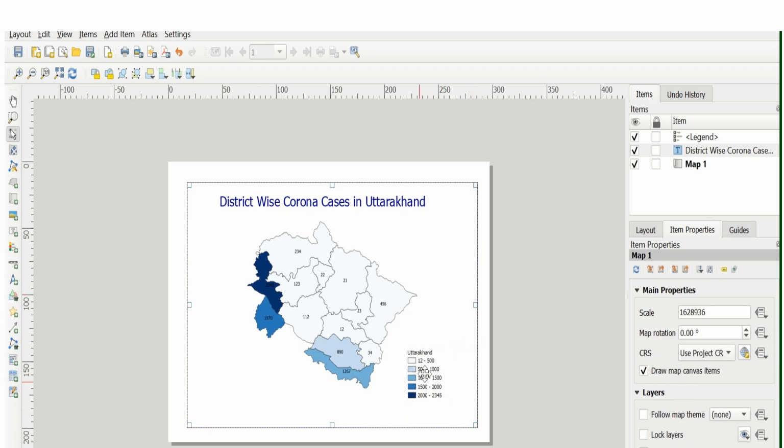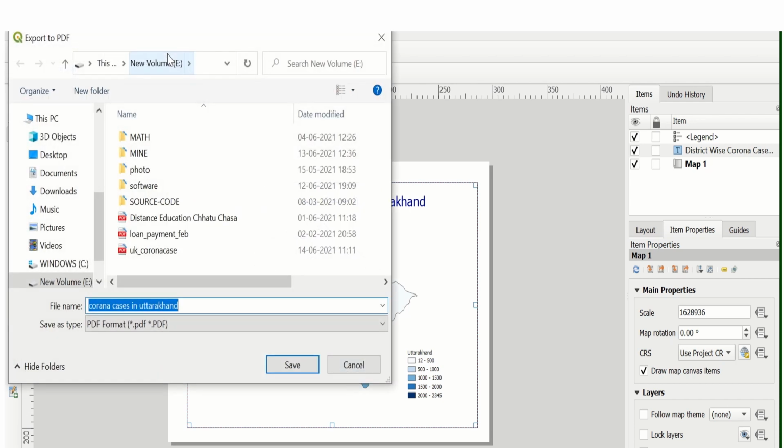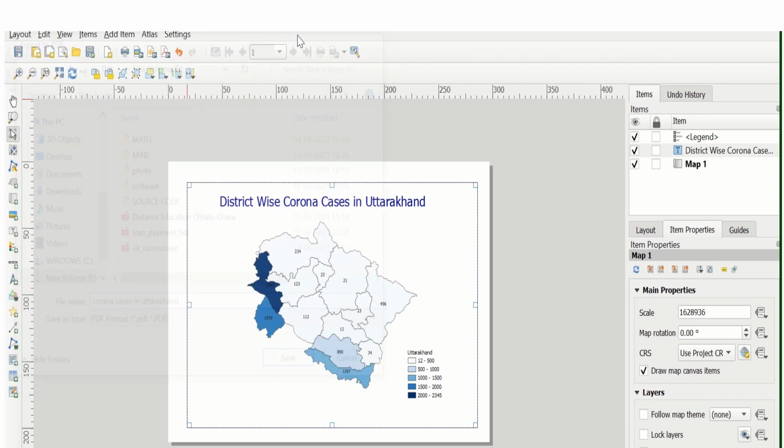And this legend will give you the ranges for the individual districts. So now the map chart is ready. So we can export it as a PDF. Click on this export as PDF.